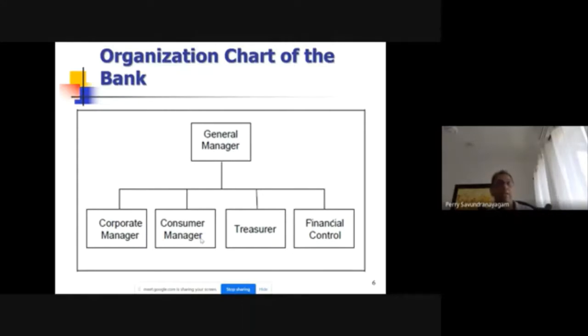So if there is some error, they'll catch it. If there is some fraud, where this guy is saying he bought it at 200, but the client is actually selling it at 198, or if the dealer is working with the client in some way to manipulate this situation, all of that will be captured in the back office through the process they have, because there's independent reporting. They are not influenced by the front office or the treasury guys. So one aspect is control.